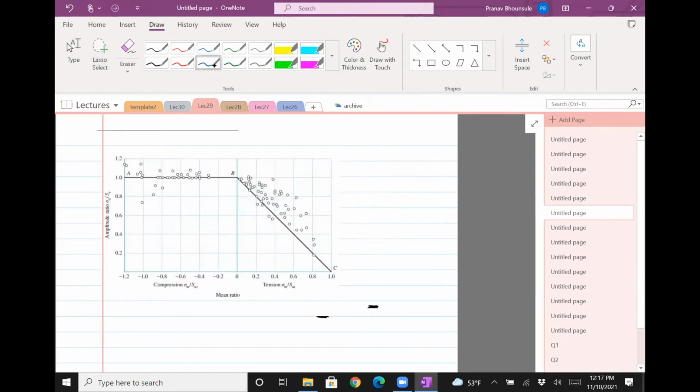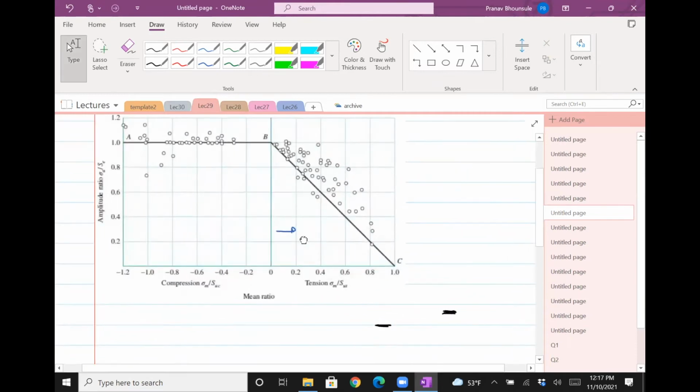Okay, so this is for sigma m greater than 0, this is sigma m less than 0. This is saying that it is normalized, so it's always 1. That's the Goodman line. The interesting thing is that even though this line has a slope on the right side, it's actually flat on the left side, which is saying that